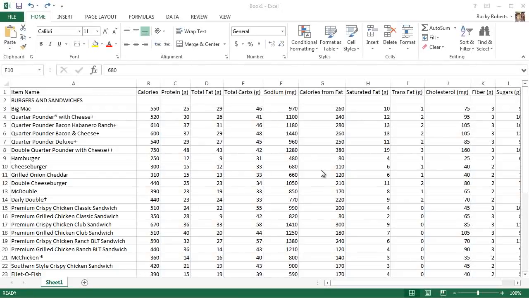Alright guys, welcome back to another video, and the first thing I want to show you guys how to do is a couple different options of how you can fit text inside a cell. The reason I want to show you this is because right now, just looking at this worksheet, it's annoying me because we have a lot of white space in this data, and the reason that we have it